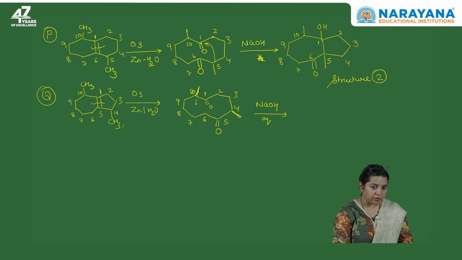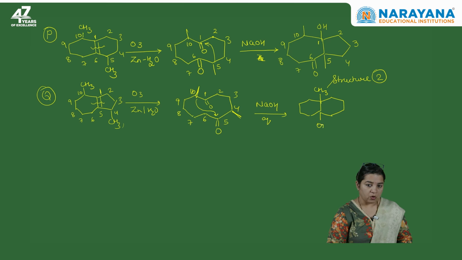So if I attack from this 10 to 5, check what is the count of the ring. 1, 2, 3, 4, 5, 6. That is quite perfect. The other side ring will be 1, 2, 3, 4, 5, 6. So we are getting two fused rings which are both 6-membered rings. So that is a good structure, a stable enolate being used. So perfect for our answer, CH3, OH,